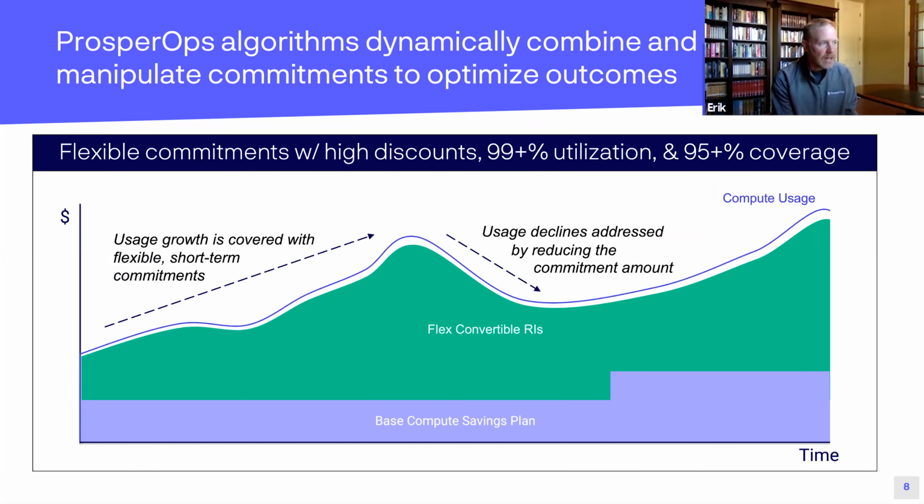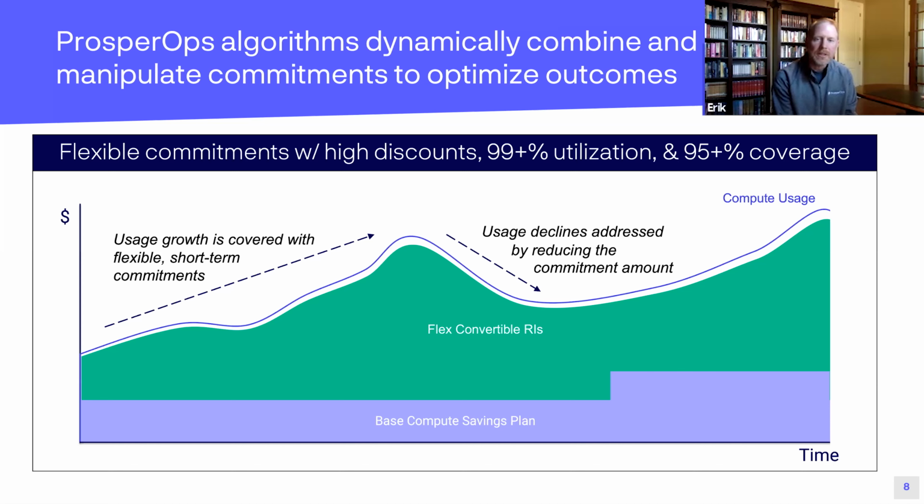You can see here again, we have a purple usage line, and there's some volatility to it. There's some ups and downs to it. This is actually quite common. We see this all the time. And so generally speaking, as we discussed with default full-term commit instruments from Amazon, you've got to figure out how